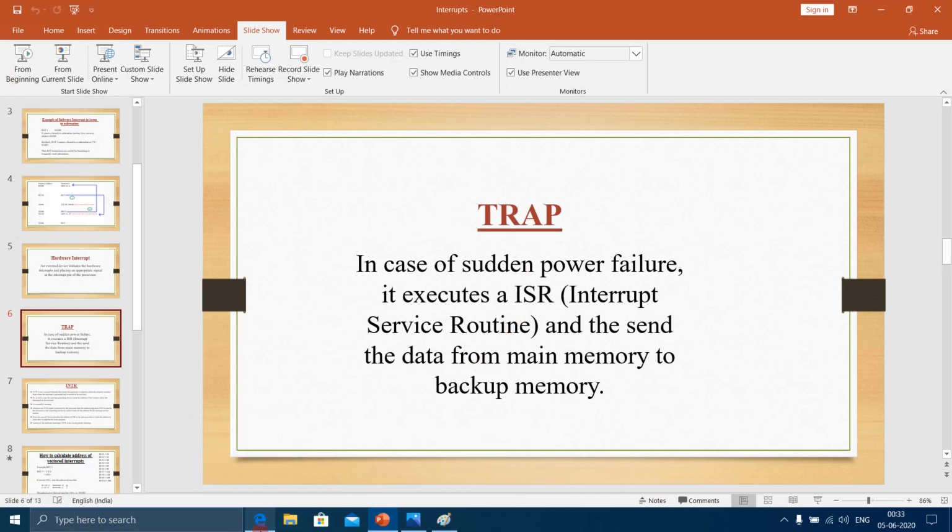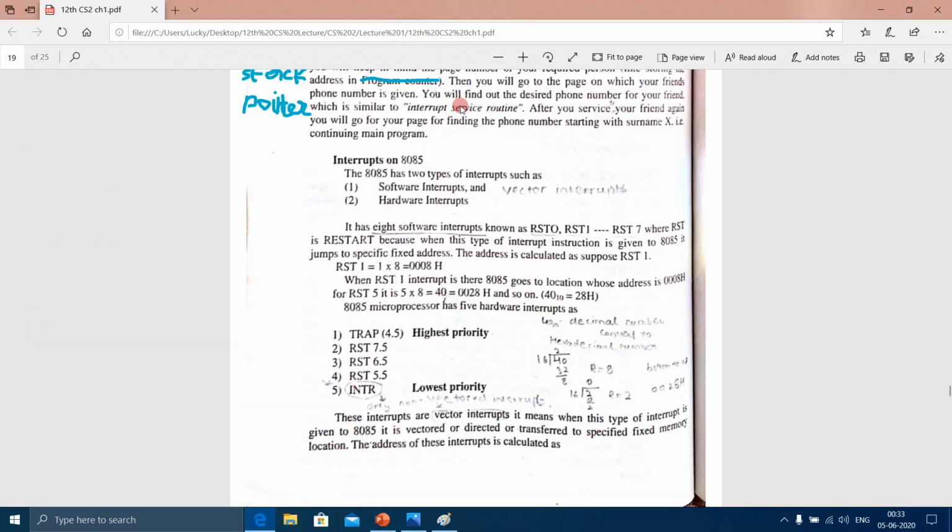Trap is a vectored interrupt. RST 7.5, RST 6.5 and RST 5.5 are also vectored interrupts. There is only one interrupt which is non-vectored, which is INTR.